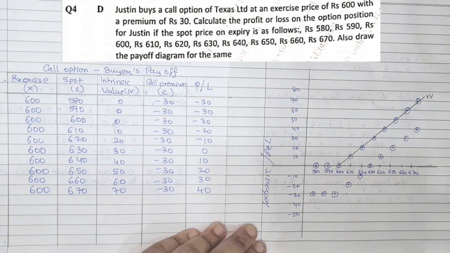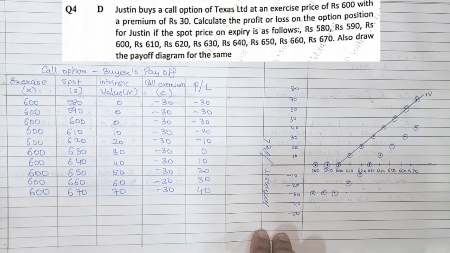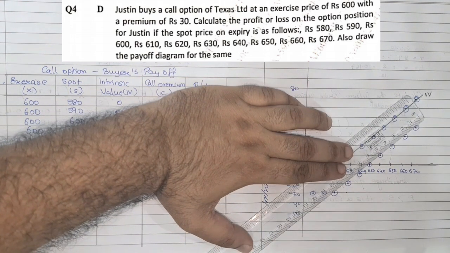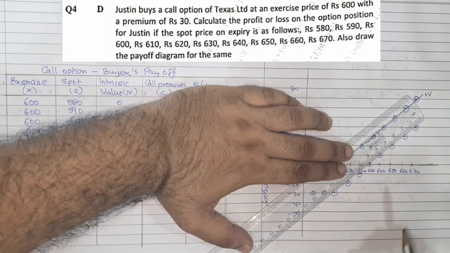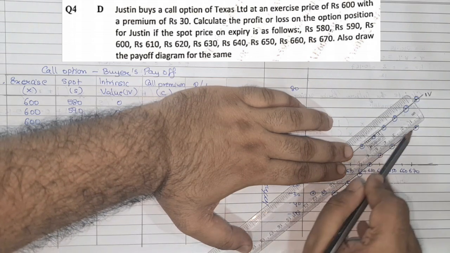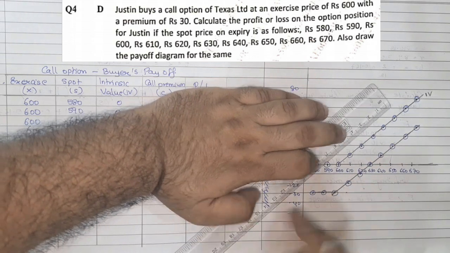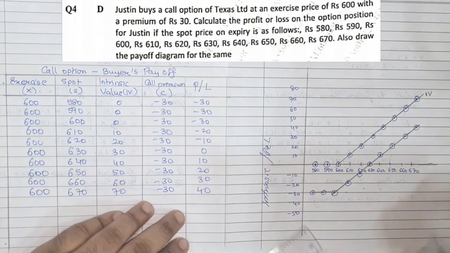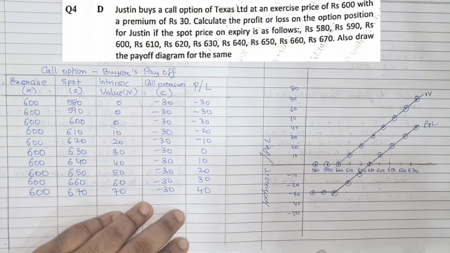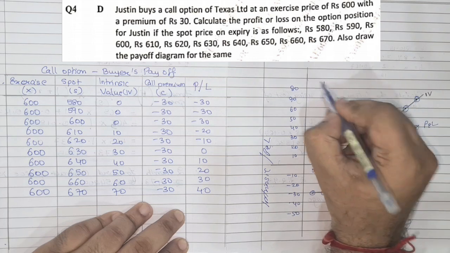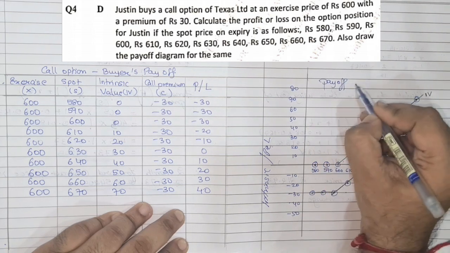So we will join them. Okay, so that is our profit and loss line. Okay, so this was our payoff diagram,